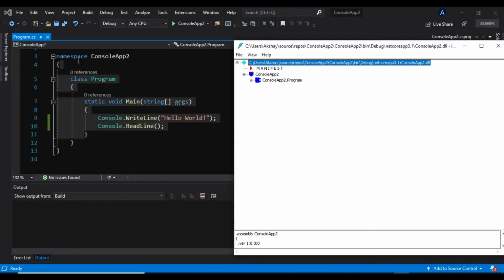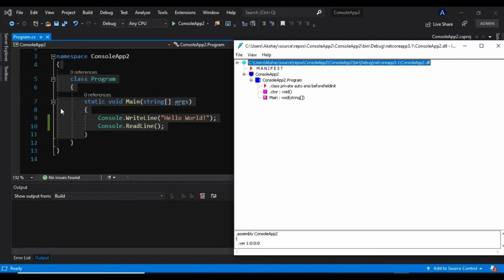As you can see, the namespace is ConsoleApp2, and you can see here as well the namespace name ConsoleApp2, and this namespace consists of the class Program. If you go down, this has the type of the class. This class is not public, so by default it will be private. As you can see here, this class is private and has one constructor.